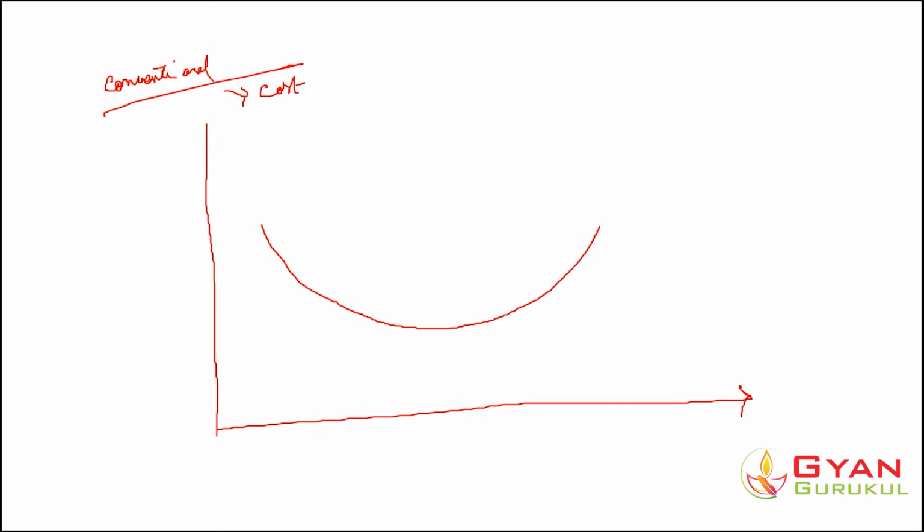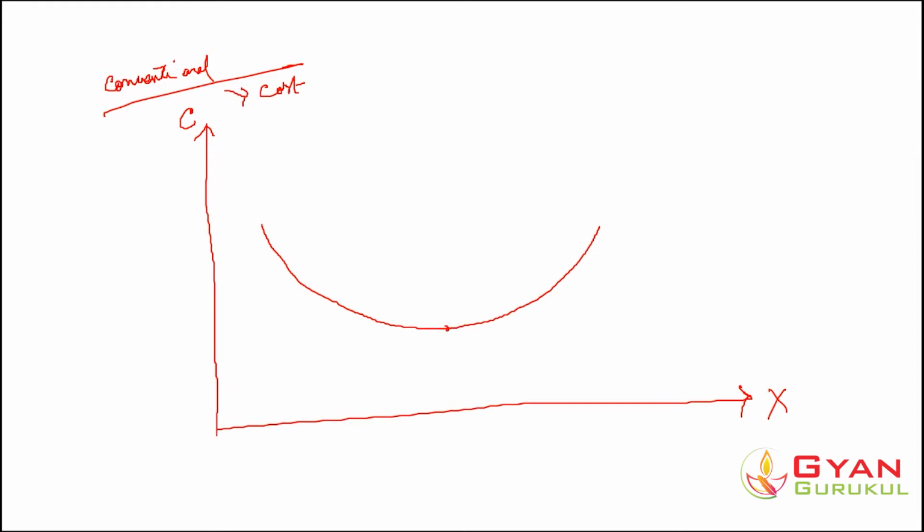In the conventional cost theory, the average cost curve looks like this, a U-shaped curve. If this is our y-axis and this is our x-axis, the x-axis represents the output, denoted by x, and the y-axis denotes our cost. This represents the average cost, or the per unit cost. Here, the optimal plant size is achieved at the lowest minimum point of the average